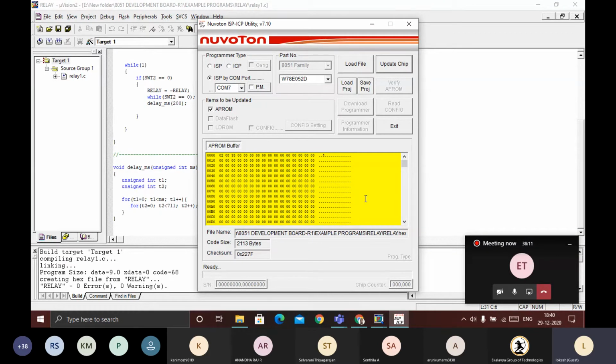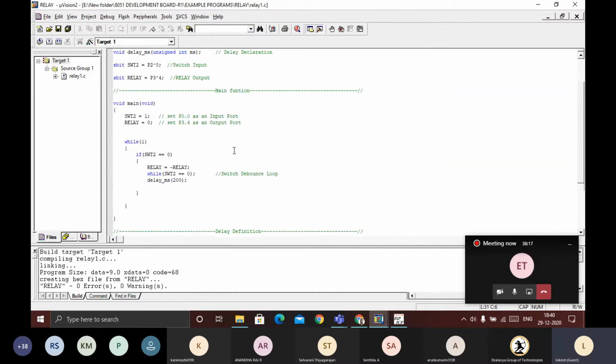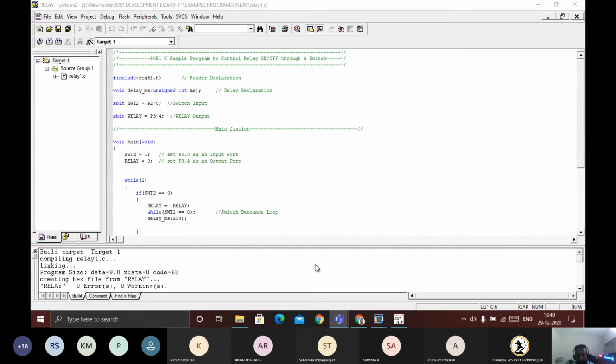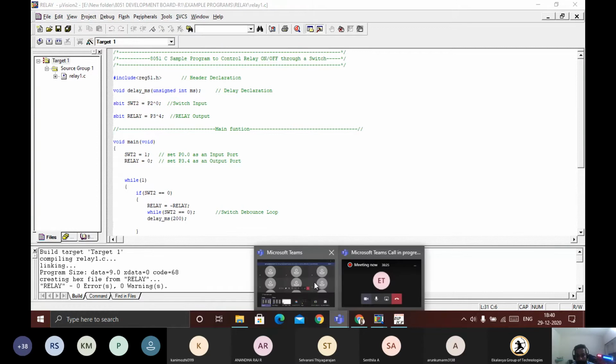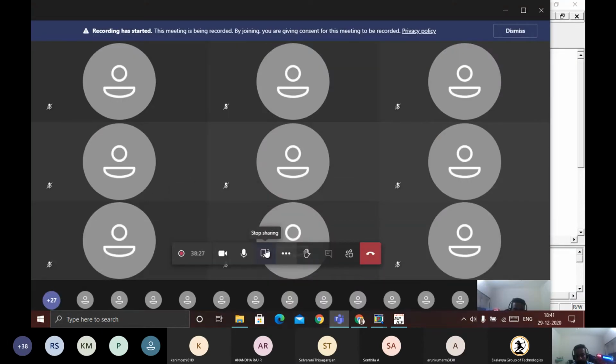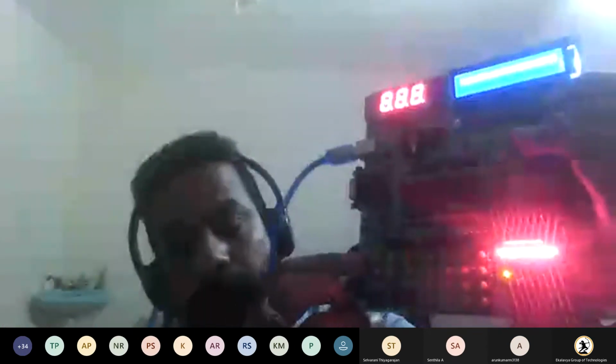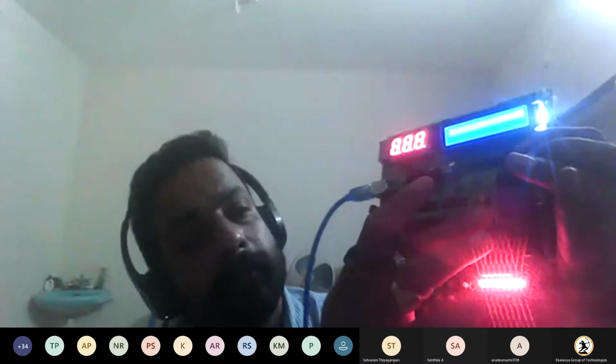I will show you. We have connected the switch to P 2.0. So this is the P 2.0 and this is the relay.